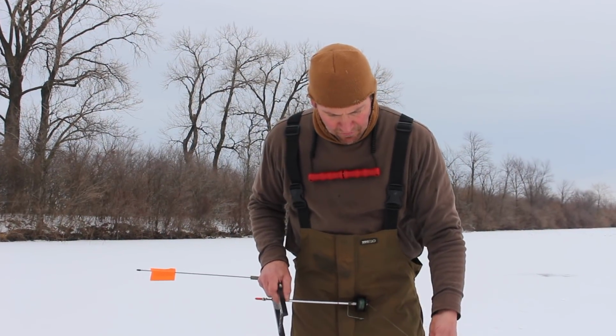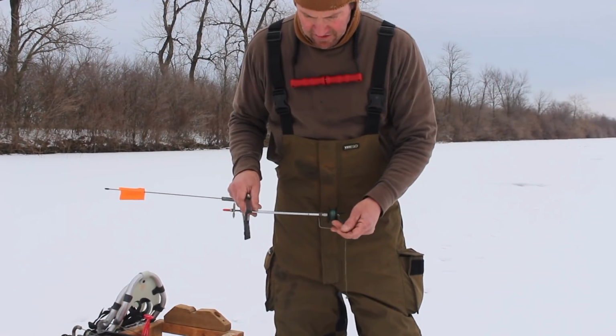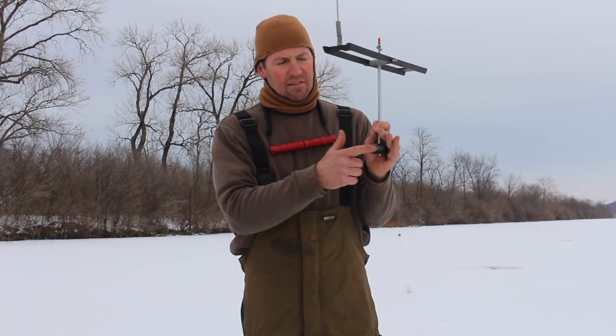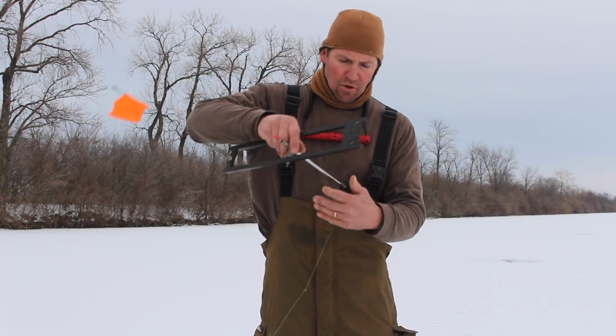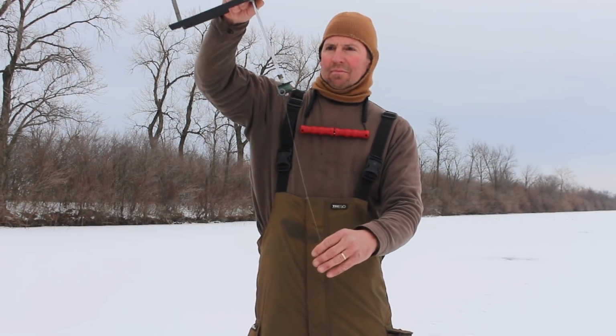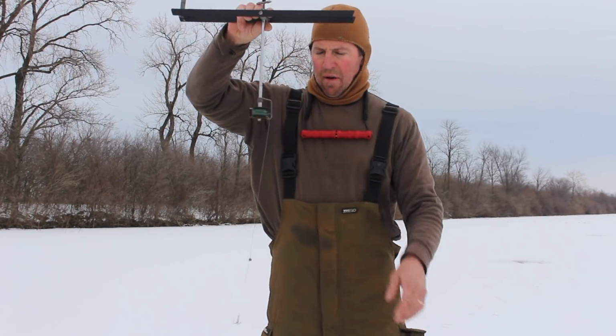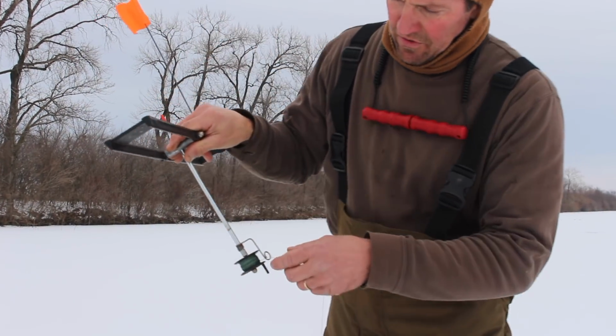So if I get the bait 2 foot below the ice, you'll take this tip up, and if you remember, when you set it in the hole, the ice is here. It's not down here, okay? So when you set it in the hole, ice is about where my spool is, so I'm gonna go right about there. You get it where you want it, and then you put it through this loop right here,